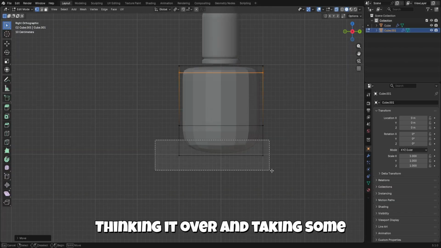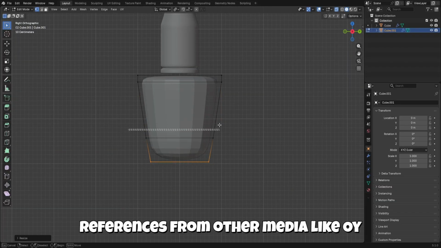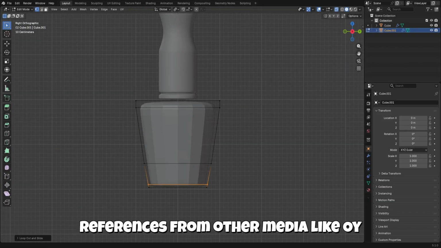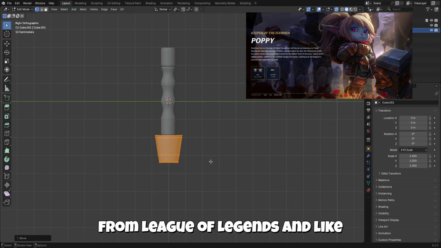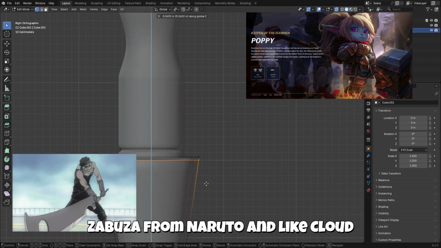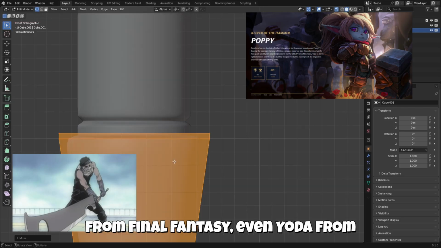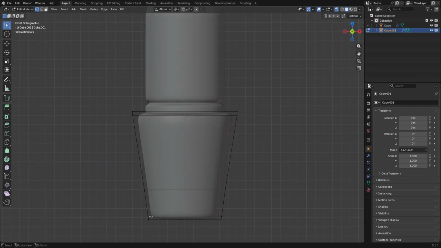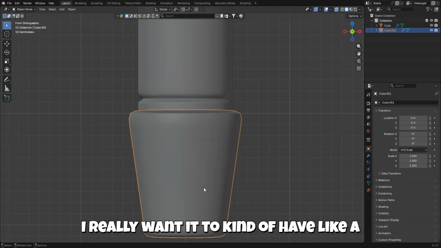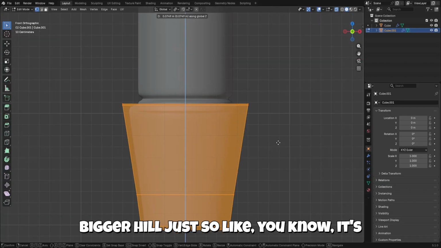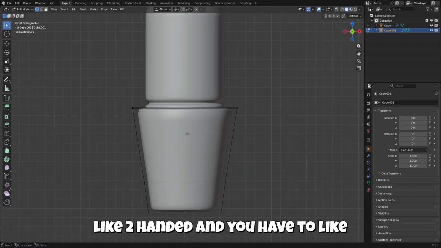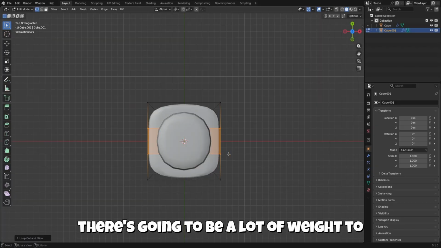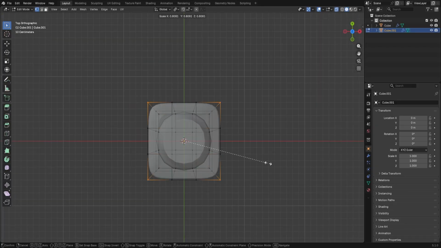Thinking it over and taking some references from other media, like Poppy from League of Legends, Zabuza from Naruto, Cloud from Final Fantasy, even Yoda from Star Wars. I really want it to have a bigger hilt, so it's two-handed and there's gonna be a lot of weight to it.